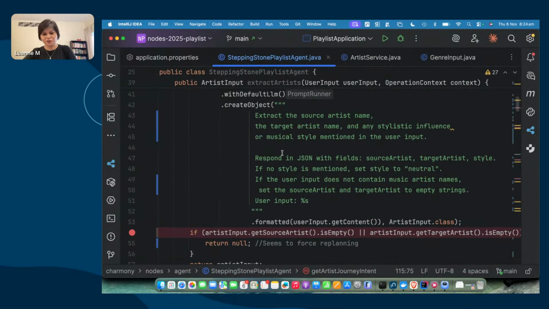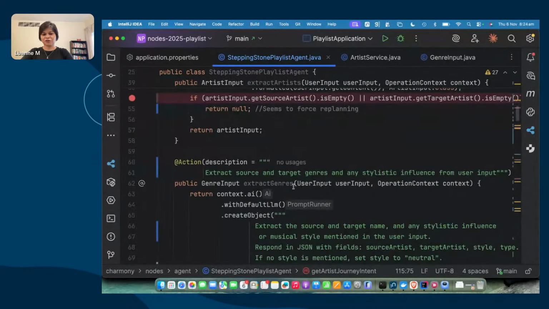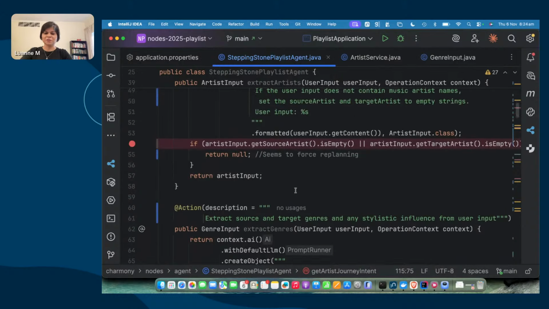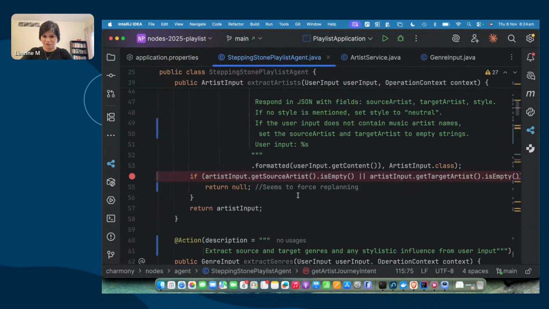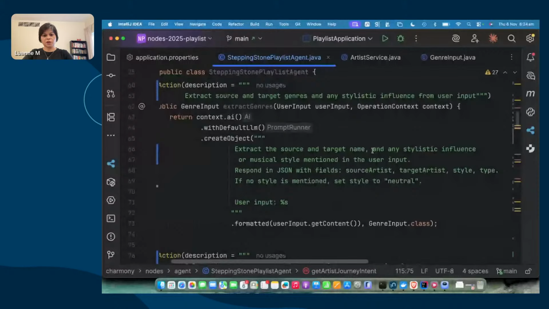Since this was pretty much last minute, you have extract artists and you have extract genres with a very similar method signature. The only way I could seem to force Embabel to replan and look at the genres instead of the artists was to return a null from this. I'm pretty sure there's a better way of doing it, but I'll probably learn that after this demo. So you can extract the artists, or you can extract the genres from the user input, right? Which is